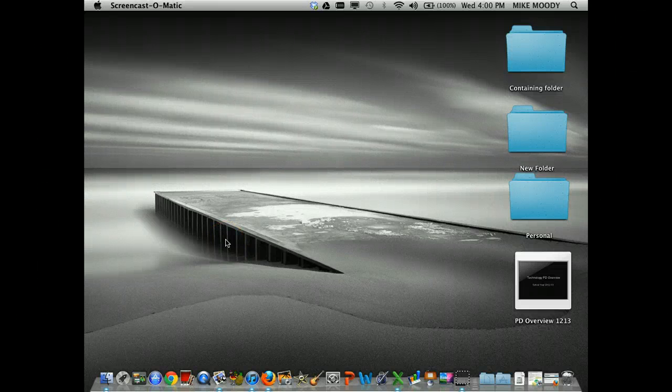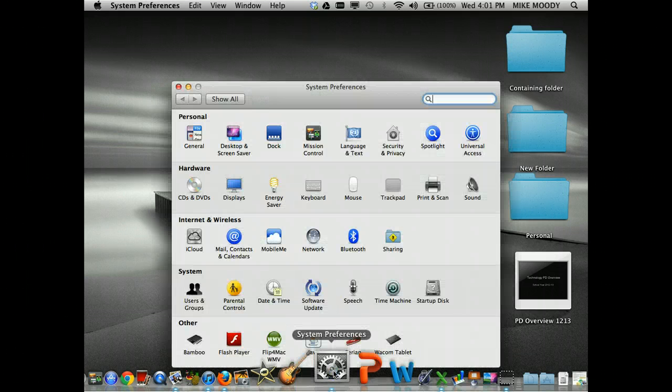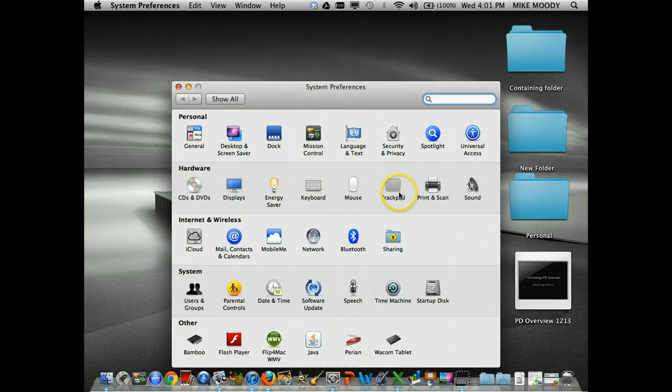In this tutorial I'm going to show you how to connect to a printer. In this instance it's going to be the Computer Lab printer, and to do that we're going to have to open up our system preferences, which is the icon that looks like gears. So we'll just click on that once, and we're going to then go and look for the print and scan